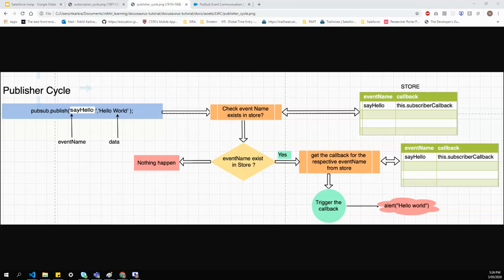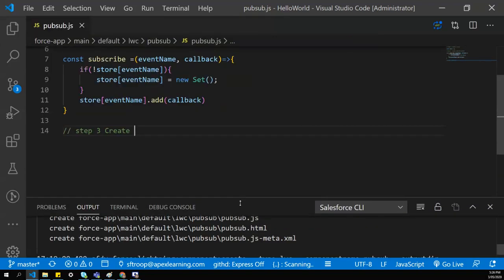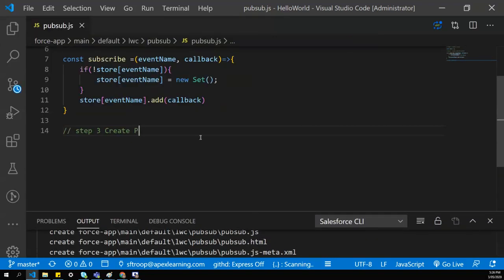Let's go back to VS Code, create the publish method, say publish.